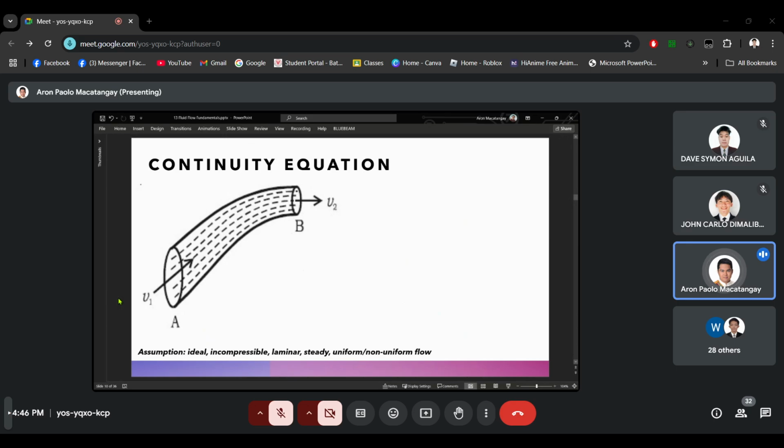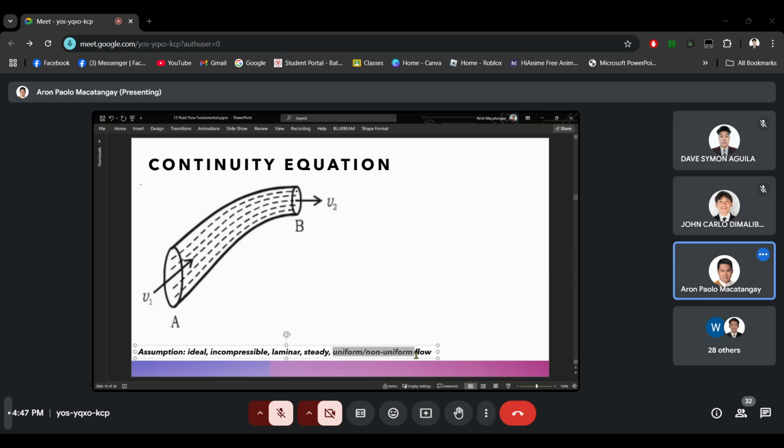Now, following the rate of flow, we move forward to the continuity equation. The continuity equation is based on the assumption of ideal flow, meaning we will not be considering friction. Incompressible flow, meaning the density is constant. Laminar flow means that the flow is organized, or in laminations. Steady flow means that the flow parameters are constant with respect to time, and this is applicable for both